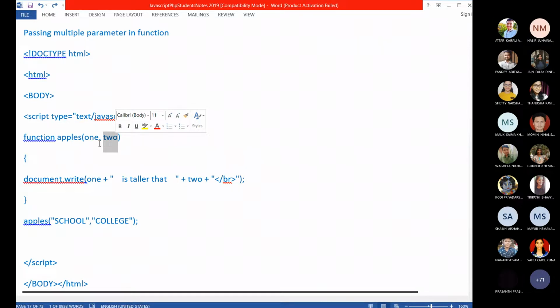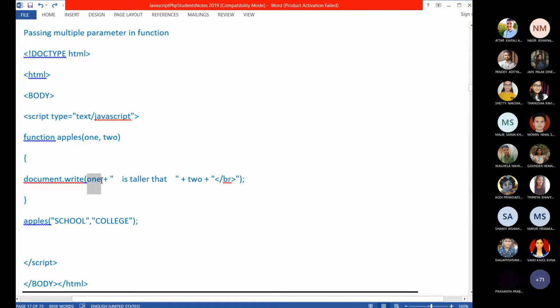Within the function, we are just displaying a text, that is document.write. What will be displayed here? The value which is stored inside this variable. Remember, ONE1 will not be displayed, because this is the name of the variable.